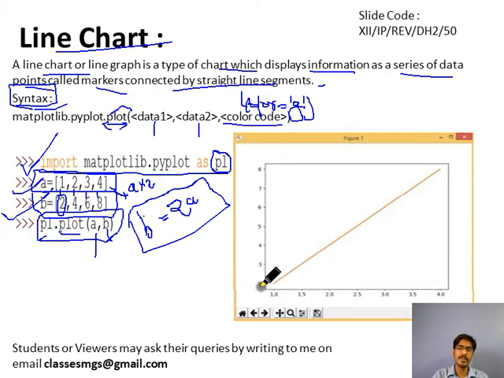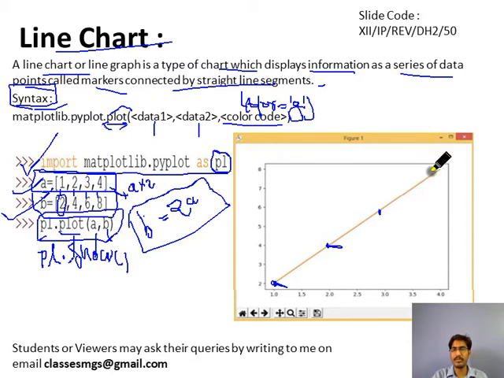So how is this graph drawn? If you write this and write another line, plt dot show, it will draw a graph like this shown on the screen. By default the markers are not displayed here, right? So keep this in mind. By default the markers will not be displayed. For 1 we have 2, with 2 we have 4, so somewhere here the marker will be. For the value 3 we have the marker at 6, somewhere here.